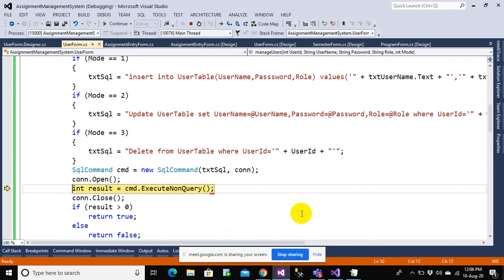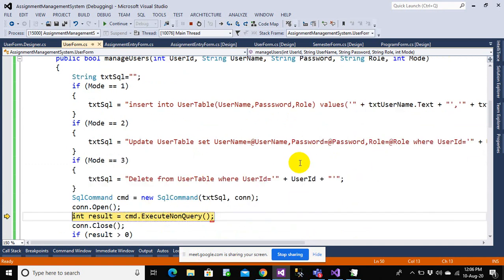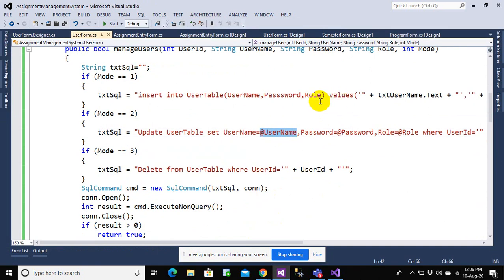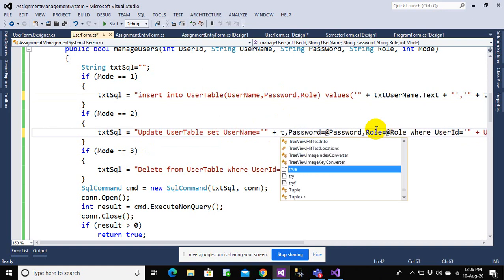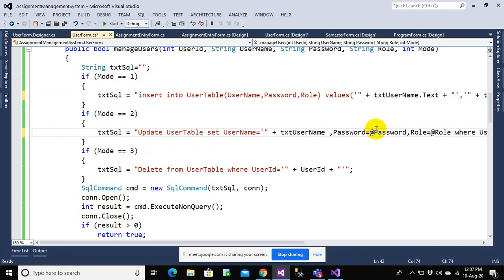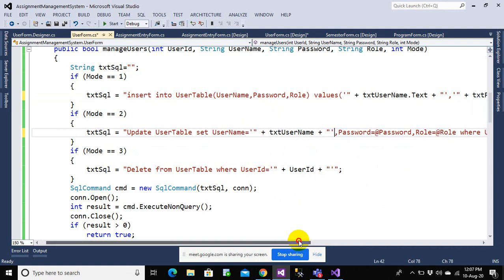I had made a mistake here. So for insert, I think this is PASSWRD, and here also this has to be, sorry, something like plus txt username, and this has to be like